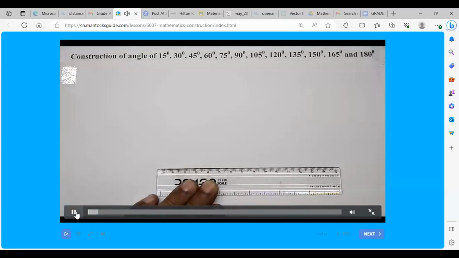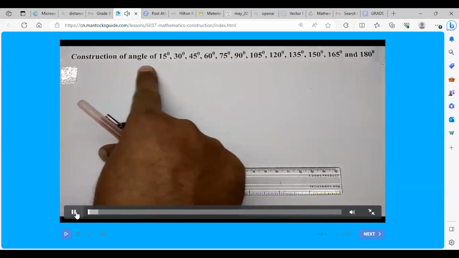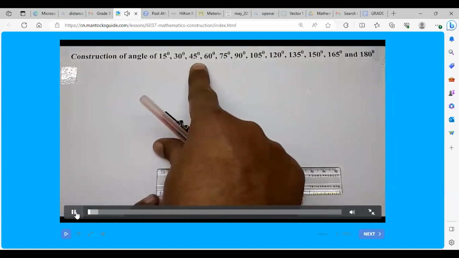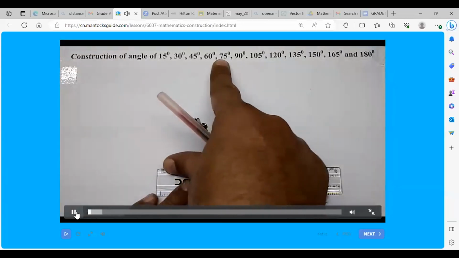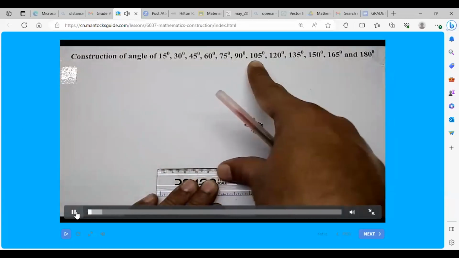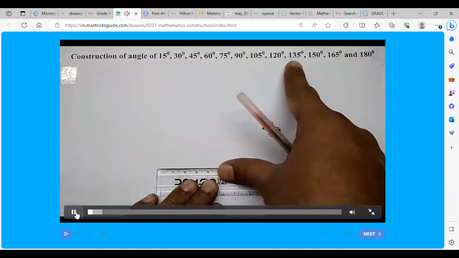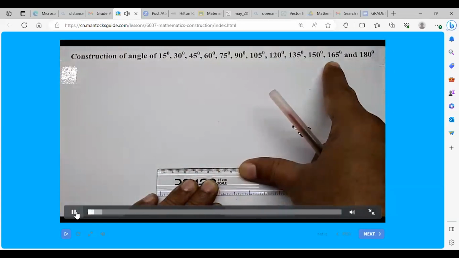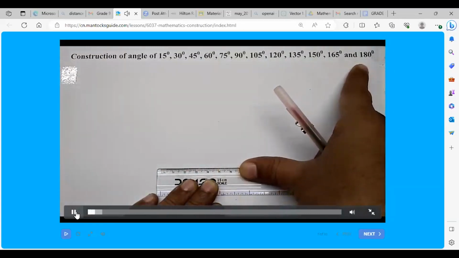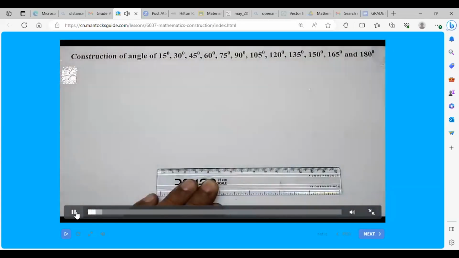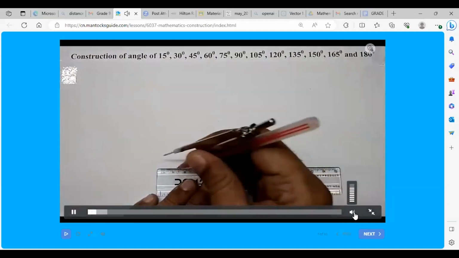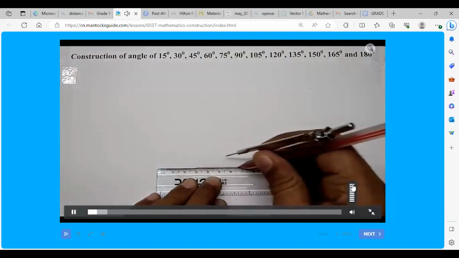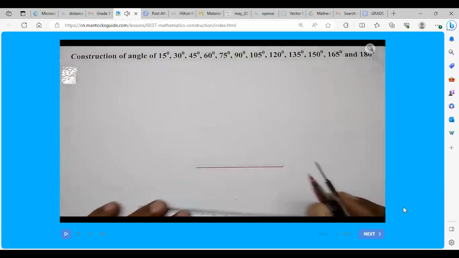Students, today's question is construction of angle of 15 degree, 30 degree, 45 degree, 60 degree, 75 degree, 90 degree, 105 degree, 120 degree, 135 degree, 150 degree, 165 degree and 180 degree. इन एंगल को कंस्ट्रक्ट करने के लिए सबसे पहले हम रे लेंगे. Take any ray